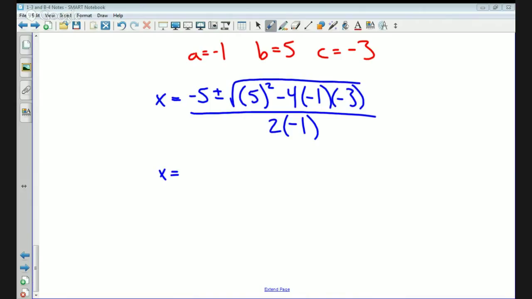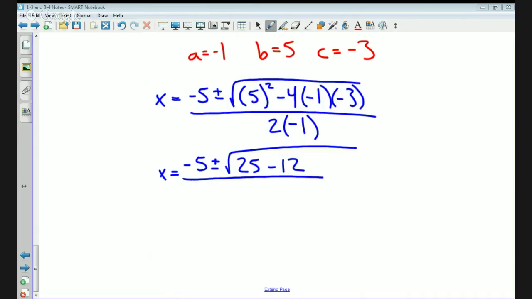So x will equal negative 5 plus or minus the square root of 5 squared, which is 25. We have negative 4 times negative 1, which is a positive 4, times a negative 3, which is going to be a negative 12. So 25 minus 12, all over negative 2. And what we will end up with now is negative 5 plus or minus the square root of 13